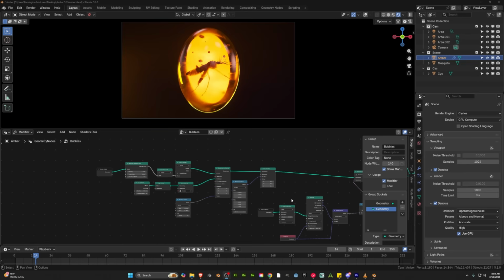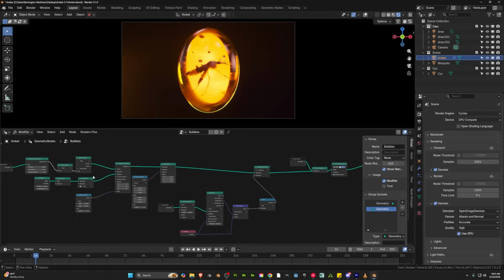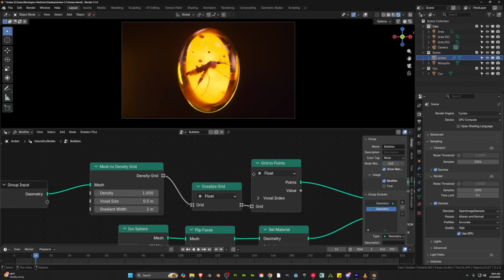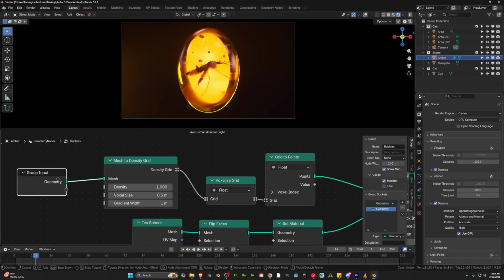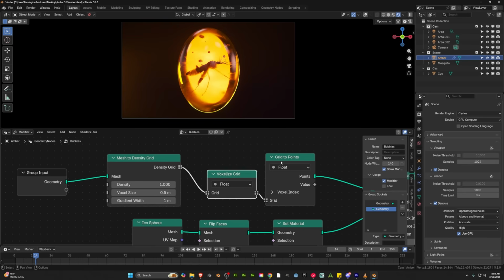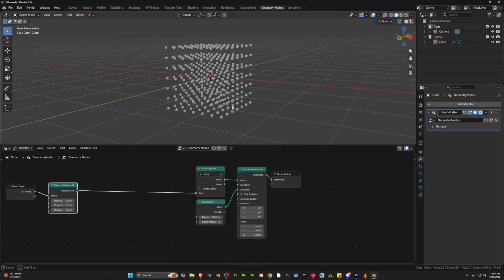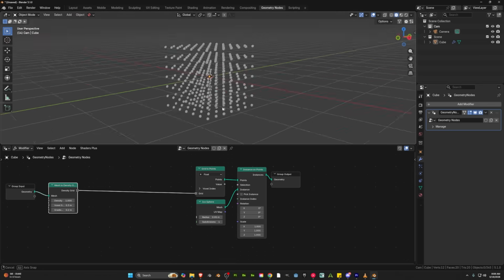Now, the primary thing that's going to be driving the effect of the bubbles in here is this grid to points node that we now have. What this allows us to do is basically take our mesh density grid and turn it into points that we can use just like we would instancing any other object. Now, the advantage of doing it this way is that we get access to all the features of the SDF